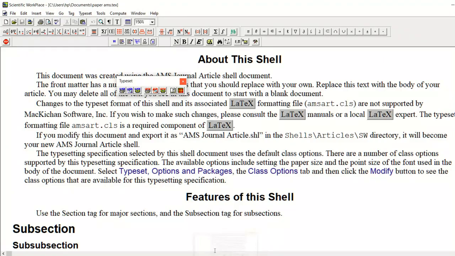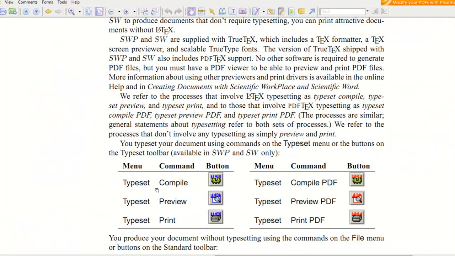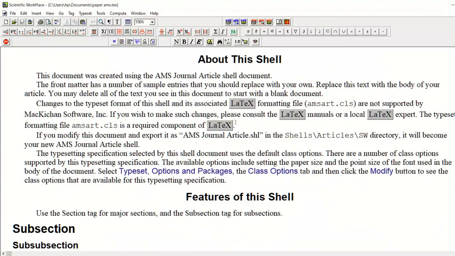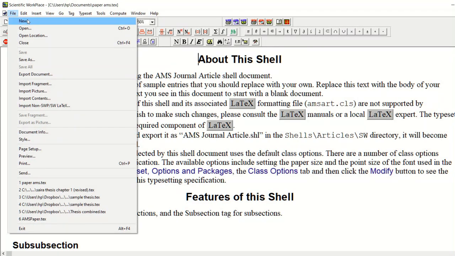Now what we see on this typeset menu: typeset compile button, preview button, print button, compile PDF, preview PDF, print PDF. We know that in scientific workplace we produce our document by using this file menu and clicking this new button to create a new file, and to open an existing saved file we press this button open.